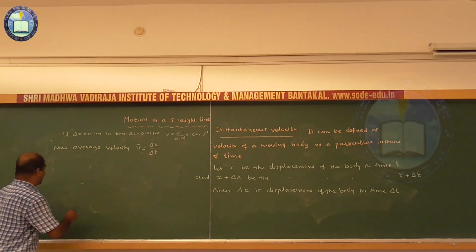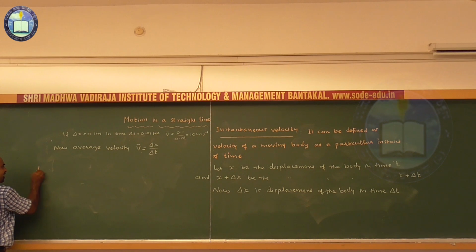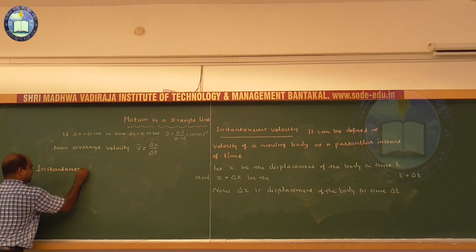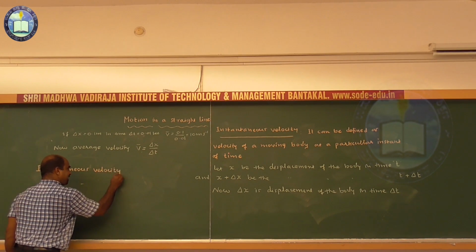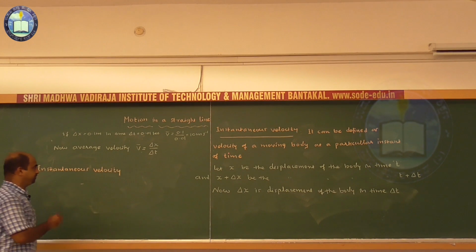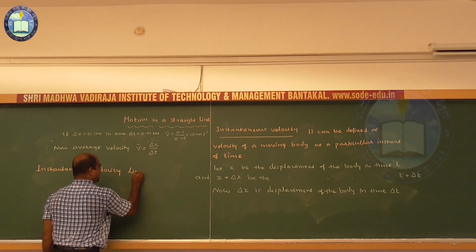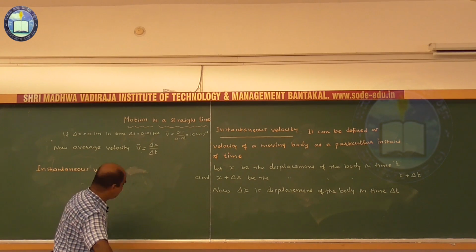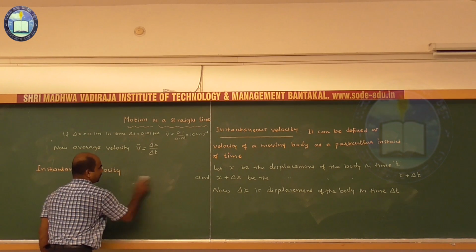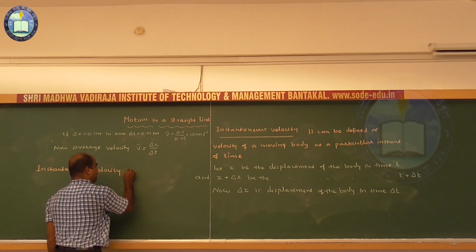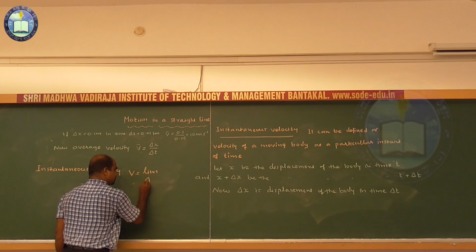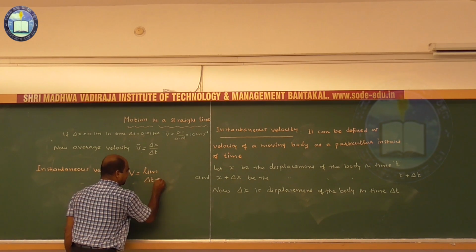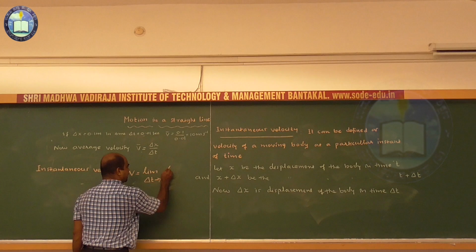So, what is instantaneous velocity? Mathematically, we can write like this. Instantaneous velocity of a body is given by, because delta x by delta t has the finite limit. Therefore, instantaneous velocity, say v, is given by v is equal to limit of delta t tends to 0, delta x